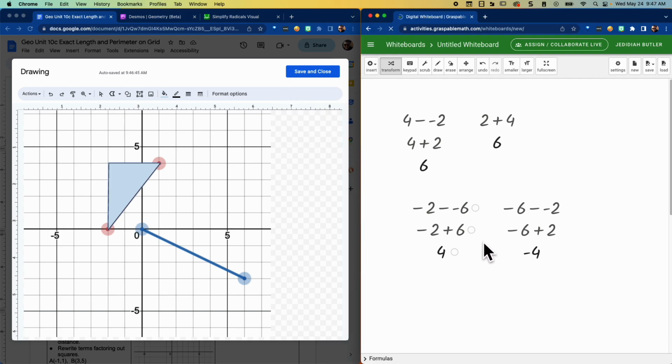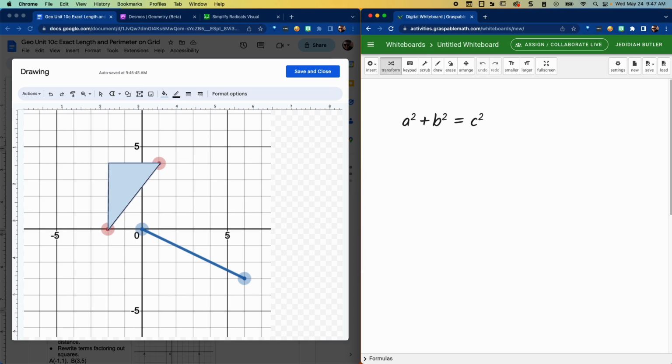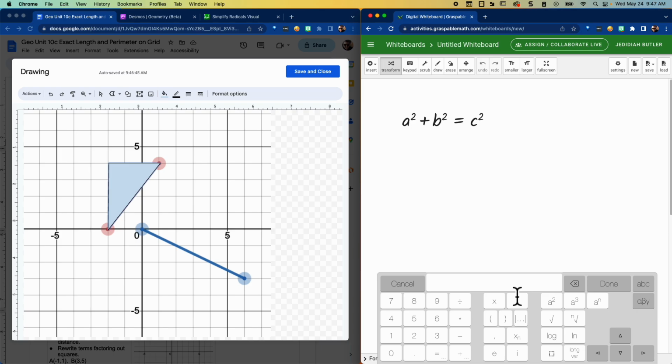I'm going to refresh my calculation over here. Now I know that the Pythagorean theorem is a squared plus b squared equals c squared. If I'm trying to figure out what this diagonal line is, the a and b are my vertical and horizontal lines. So then I would add these with numbers: 3 squared plus 4 squared